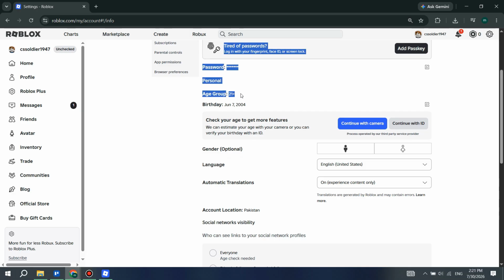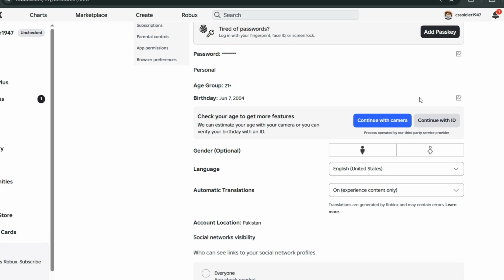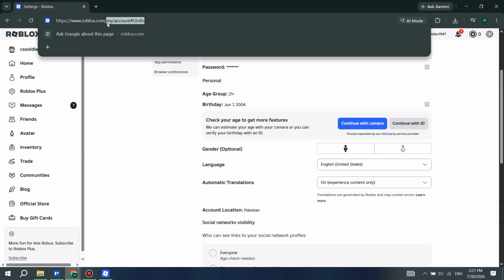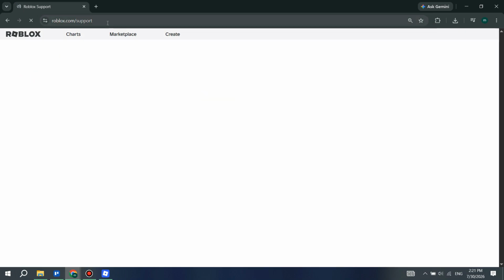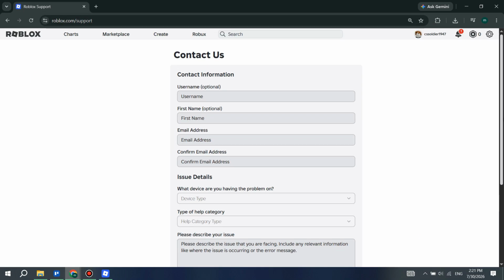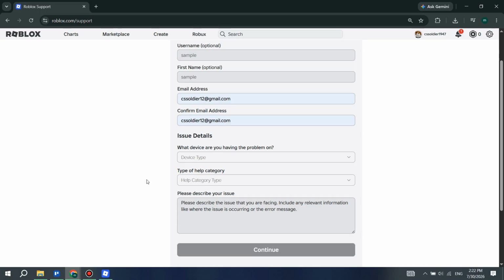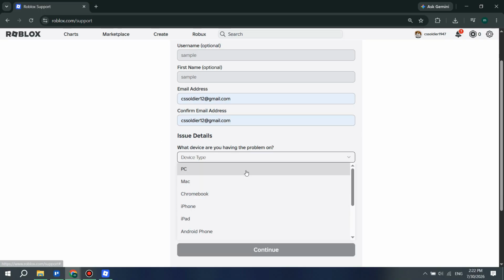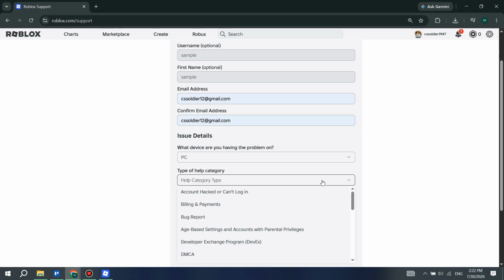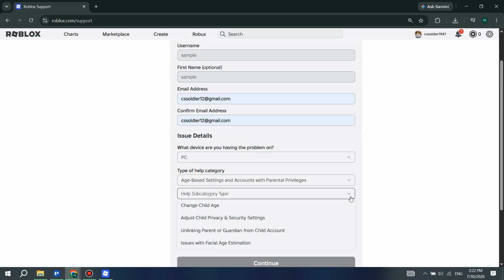To request an age change, open your web browser and go to www.roblox.com/support. On the support form, enter the email address linked to your Roblox account. For what device are you having the problem on, select PC. Under the Help category, choose Age-based settings and Accounts with parental privileges, then select Change child age from the second